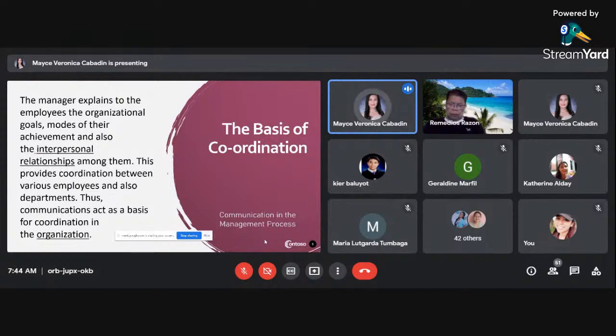So for example po, sa school in a single department, so there's a project assigned to that certain department. Paano magiging successful yung project na napunta sa kanila? So in order for this to be successful, the department needs cooperation. They can have cooperation through effective communication.